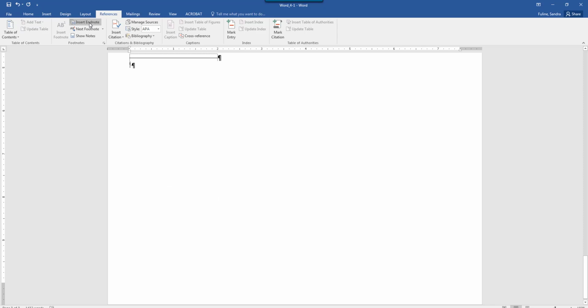And the endnotes are going to pop up at the end of a document, whereas a footnote is going to pop up at the end of a page. So Jacob Grimm lived from 1785-1863. Then it wants immediately after the name